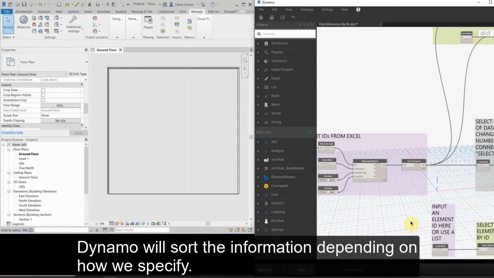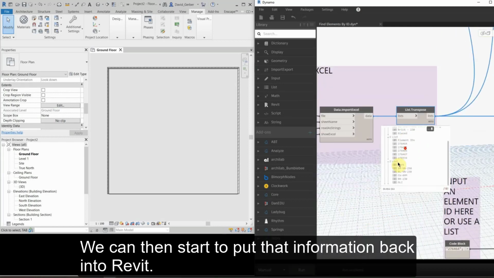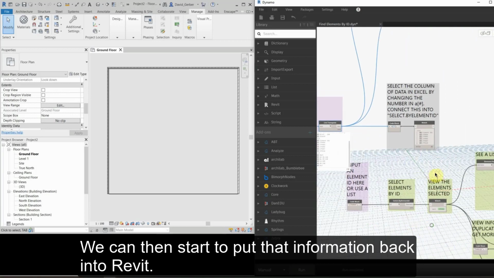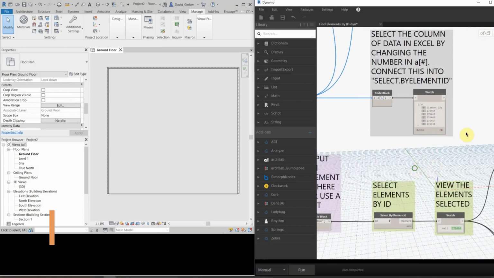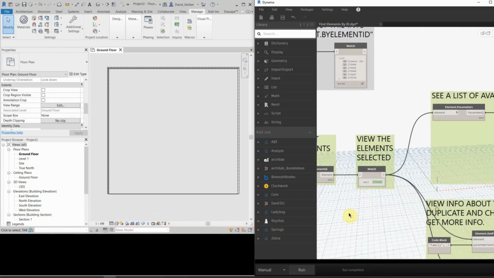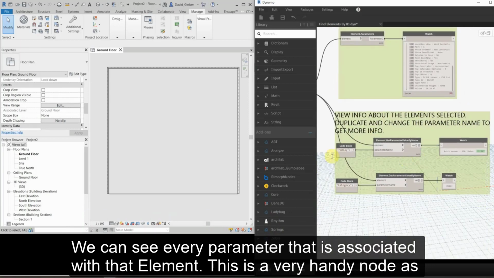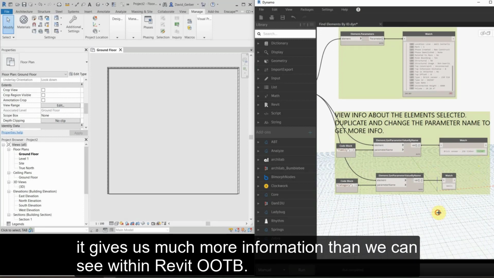Dynamo will sort the information depending on how we specify. We can then start to put that information back into Revit. We can even see certain element parameter information by their element ID. We can see every parameter that is associated with that element. This is a very handy node as it gives us much more information than we can see within Revit out